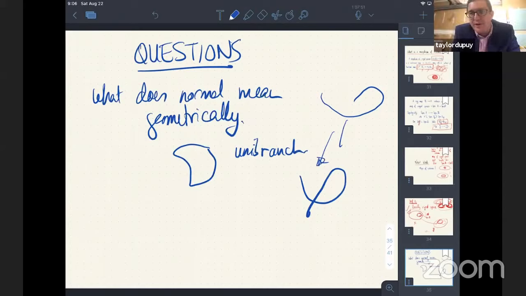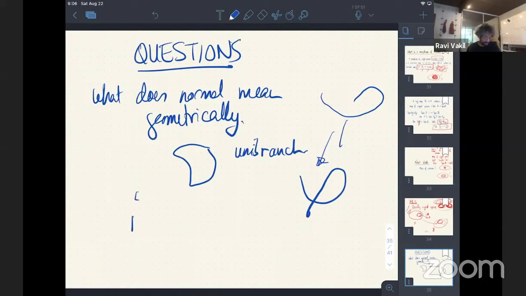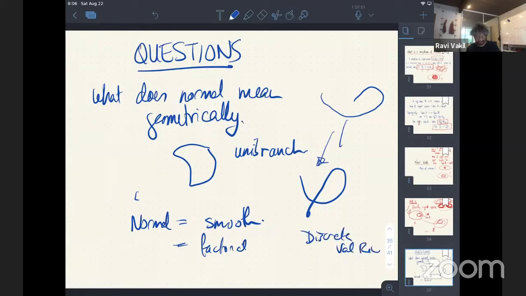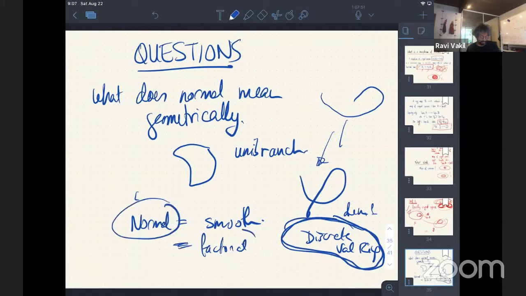What does normal mean for curves? Great. Normal means, thank you. Normal means smooth. And you'll say what a smooth means for curves, and I'll say normal. It means that's the same as factorial. What's a curve? Well, a bit of a curve is a discrete valuation ring. And in dimension one, okay, what's dimension? All the questions, once you start asking one, you're forced to ask lots and lots. So something which is dimension one and smooth is the same as dimension one and normal, or dimension one and